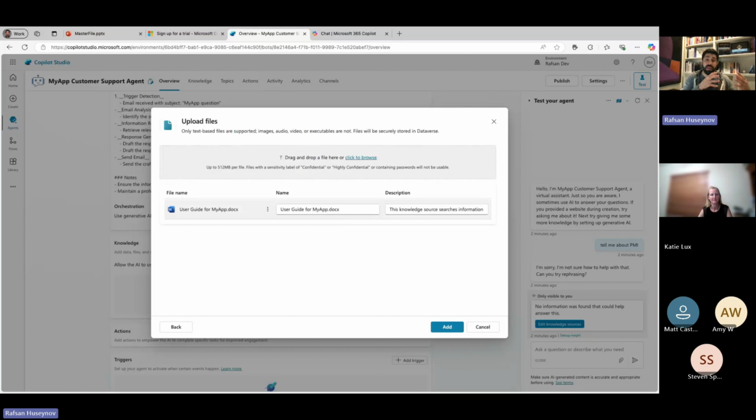That's how AI looks at our file, understands the purpose. I'm just gonna click user guide for my app, and this is a basic description. I will just delete that. This knowledge source searches information contained in user guide for my app